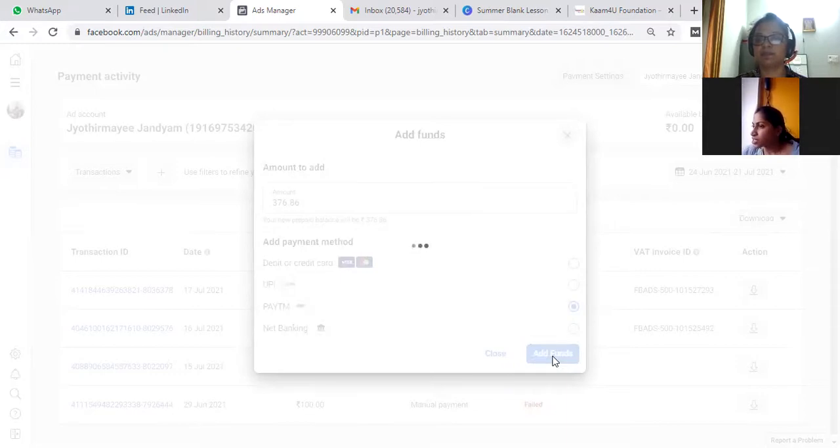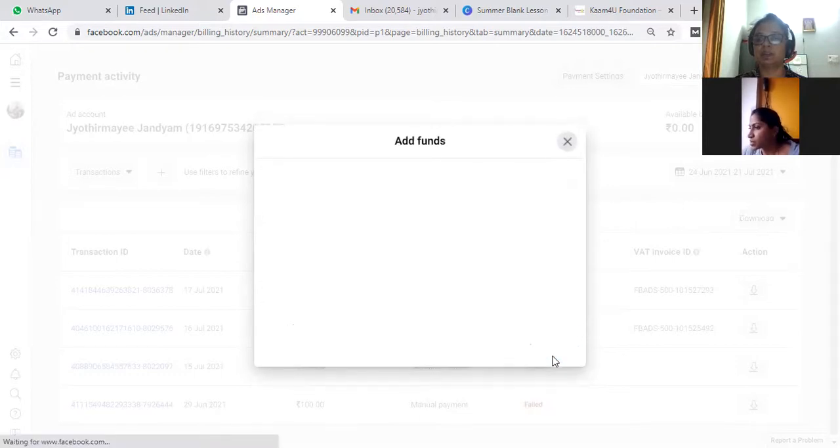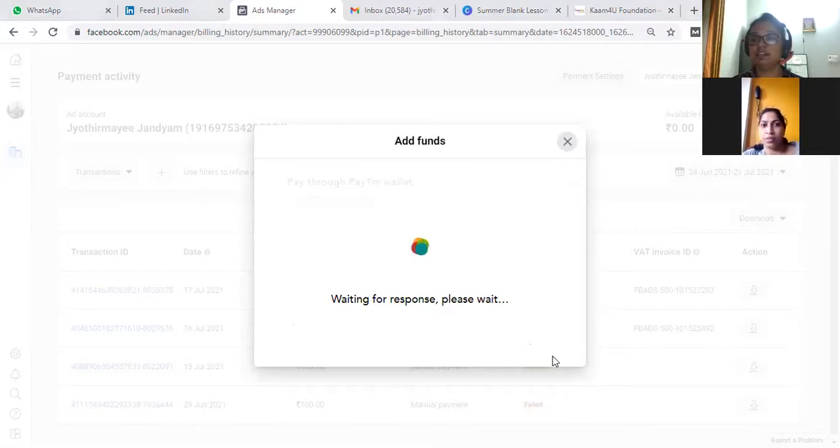It is showing transaction details. When you click, Transaction ID and transaction date are there.